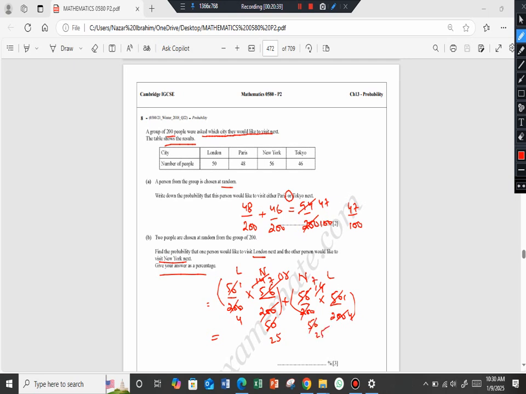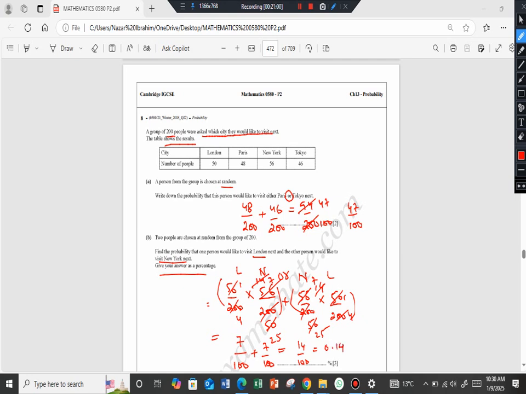So 1 into 7, 7, 4 fours 25 is 100, plus again 7 upon 100, which equals 14 upon 100, which is equal to